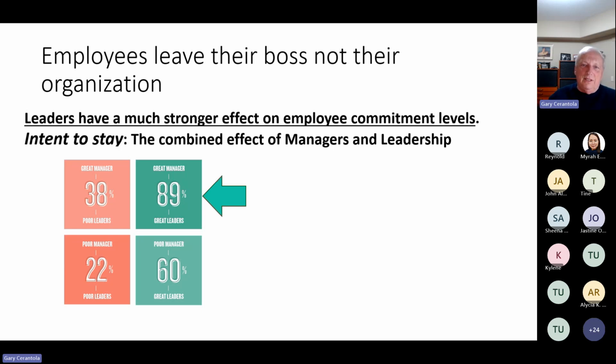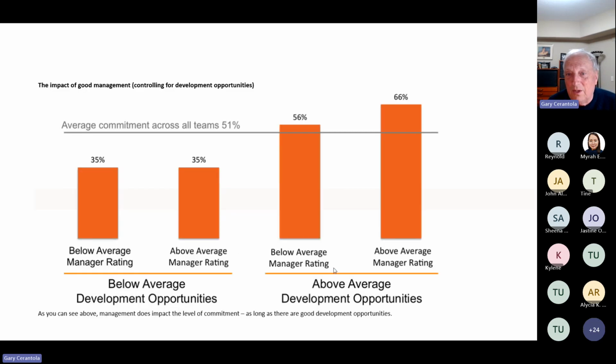And then the third one is shape the path, and shaping the path is taking away some of the obstructions that are in their way, giving them resources to be able to move through, giving them the tools to be able to be successful. And those are all the things that combine in terms of being a good leader and a good manager. So that's what you could take out of what I'm talking about right now.